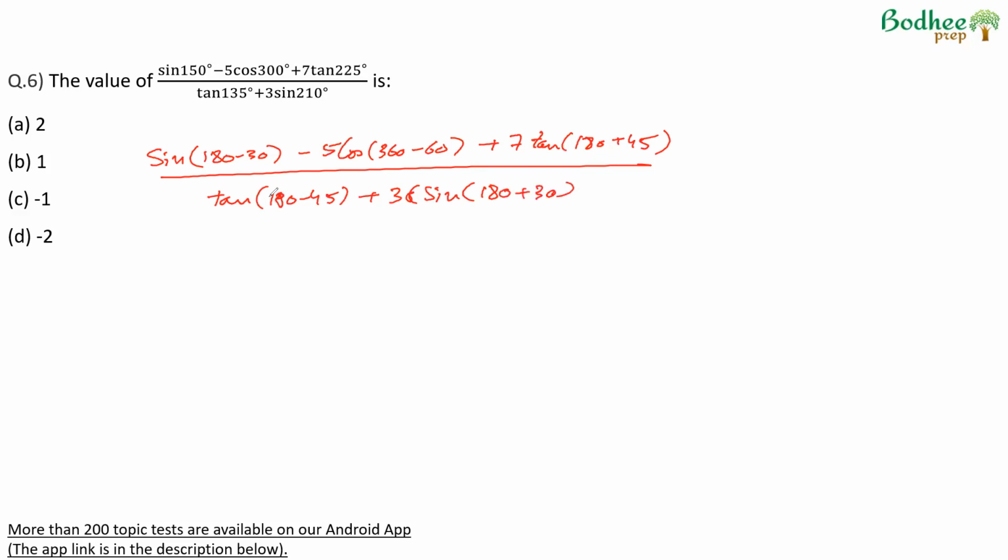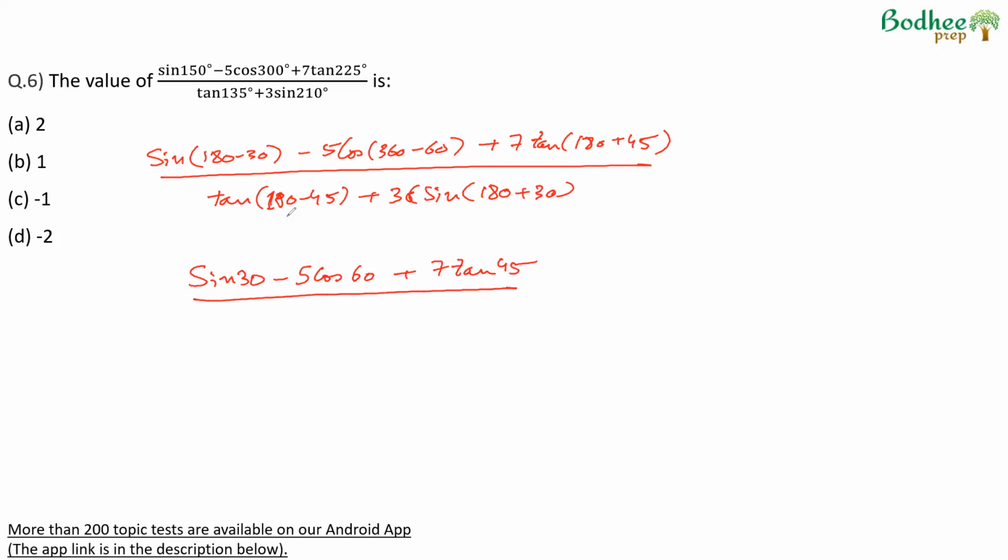Now we remove the 180s and 90. Sin(180 minus 30) will be second quadrant, so sin is positive, 180, therefore sin remains sin, sin 30 minus 5. 360 minus 60 is fourth quadrant, where cos is positive. 360 means cos remains cos, so minus 5 cos 60 plus 7. Tan(180 plus 45) is third quadrant, tan is positive. 180 means 180, therefore tan 45